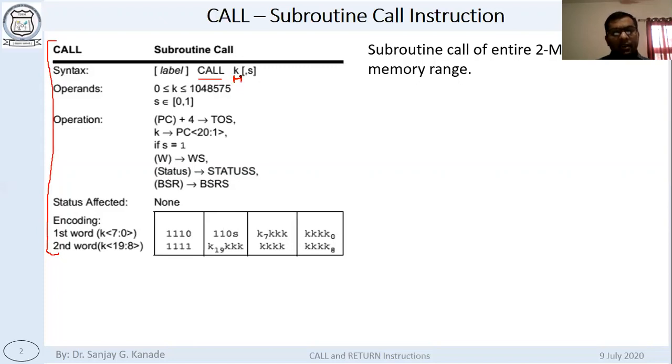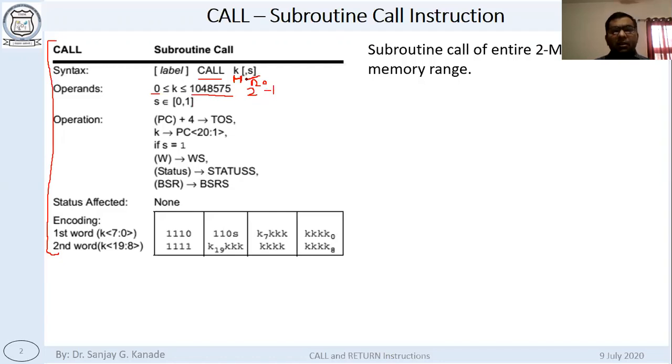And K, if you recall, yesterday we have seen K in the goto instruction, and the range of values of K is the same, 0 to 1048575. This is again the same value, 2 raised to 20 minus 1. It is the same value, right?